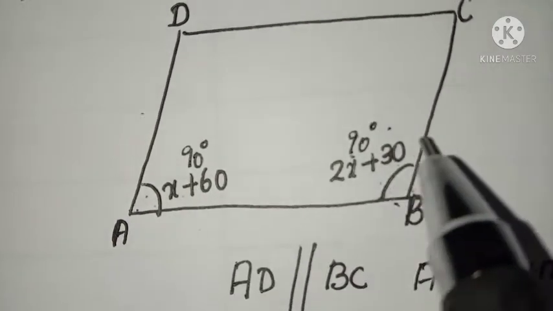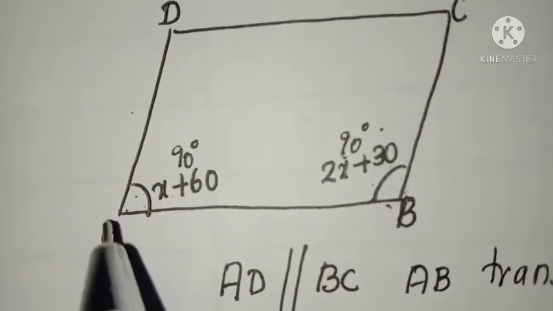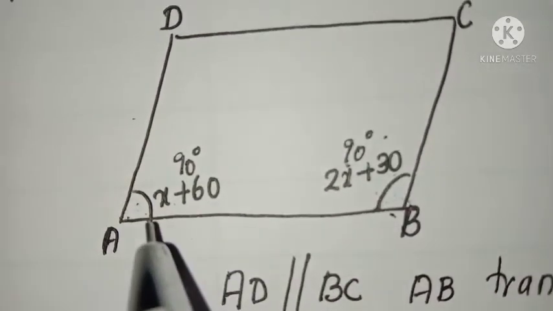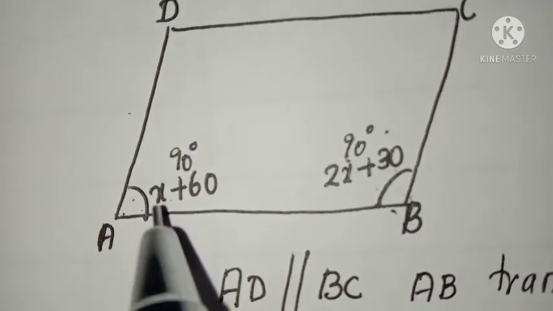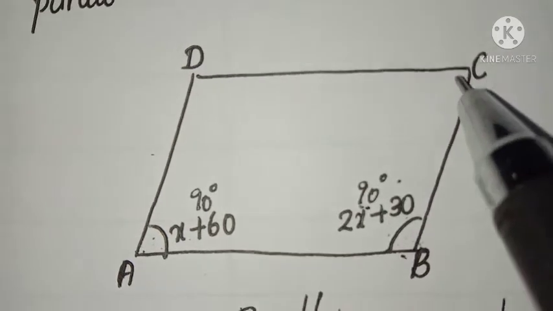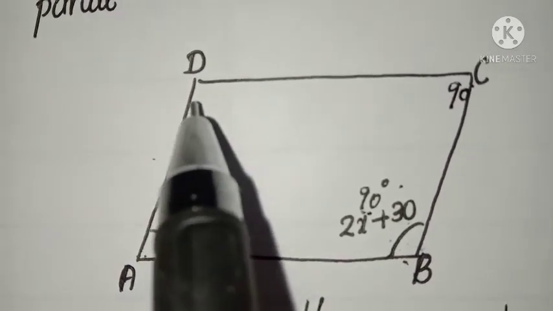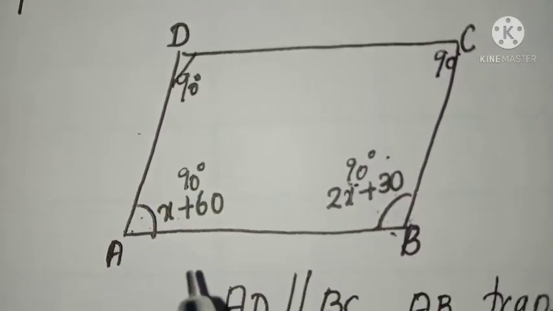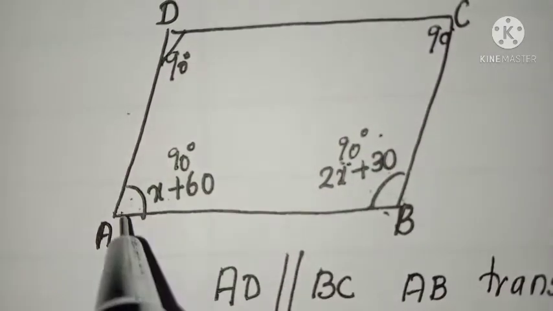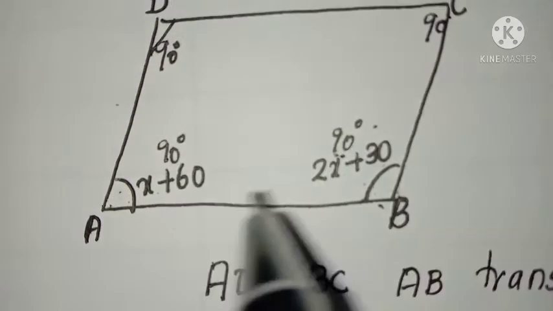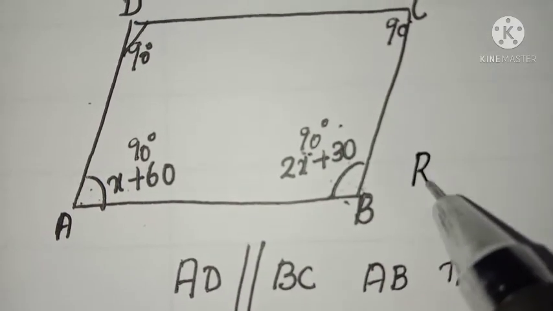So in the question there is another one. Mention or give the name of such a parallelogram. Listen, this is a parallelogram with angles 90 degree, 90 degree. And this angle is also 90. And this is also 90 because opposite angles are equal. So parallelogram with each of the angle equal to 90 degree means such a type of parallelogram are known as